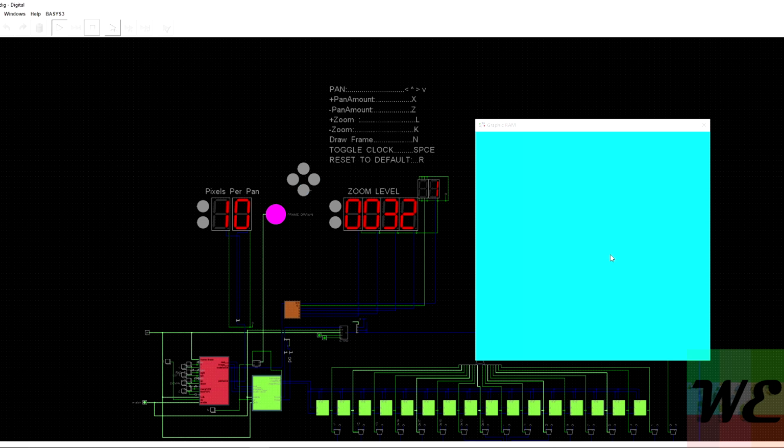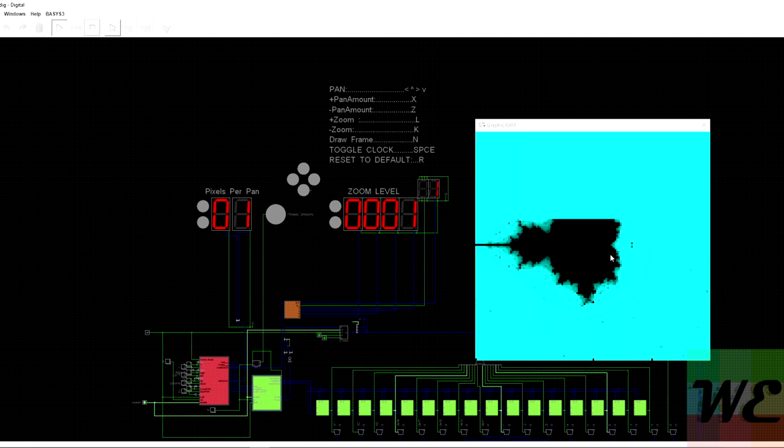Yeah, so it's quite easy to lose where you are here, so we can just press R and then draw a new frame. I guess I didn't press R. I guess it didn't register. Give it one more. Press R, there we go, and now we press N, and now we're back. So you can always get back to the beginning there. Let's zoom in, let's go to like one of the mini brots at the end here.